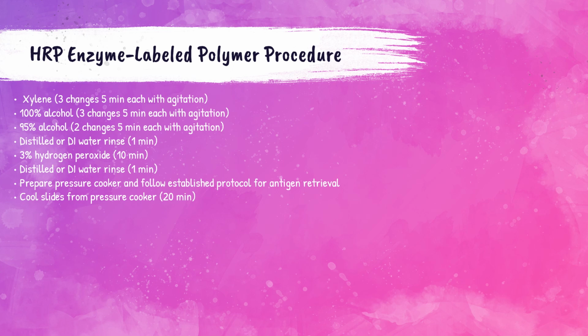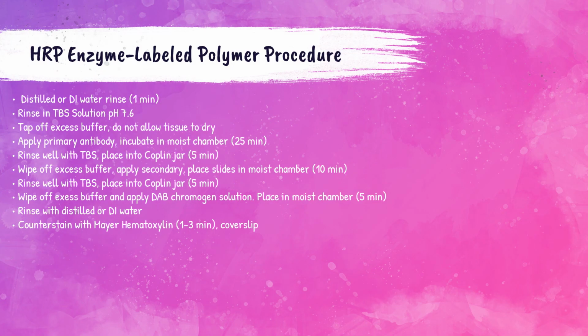The pressure cooker should be prepared according to the manufacturer's recommendations, following their established protocol for performing antigen retrieval. Slides should be removed from the pressure cooker and left to sit for 20 minutes. Following that 20-minute period, there should be a 1-minute rinse in either distilled water or DI water, then a rinse in TBS solution with a pH of 7.6. The excess buffer should be tapped off, and make sure that the tissue is not allowed